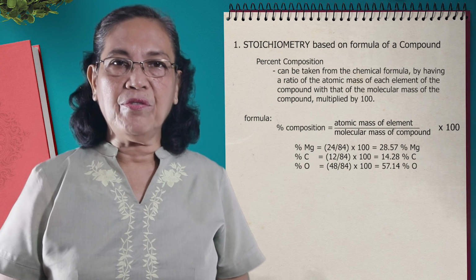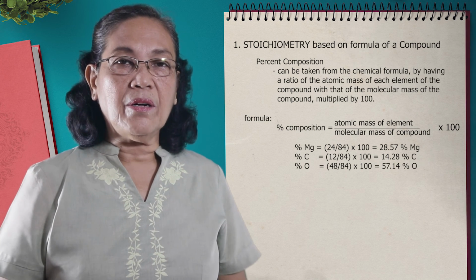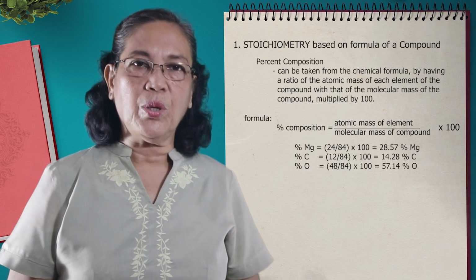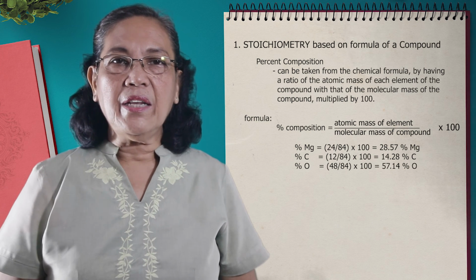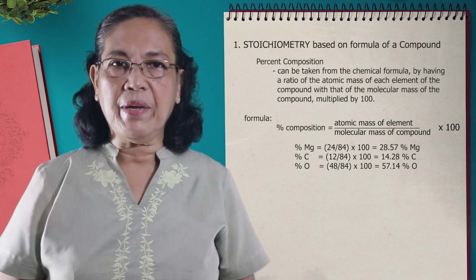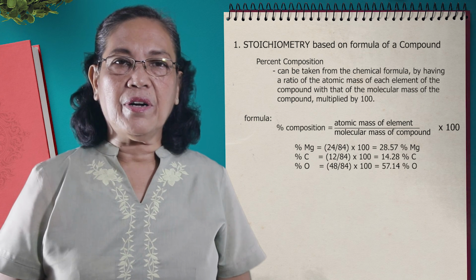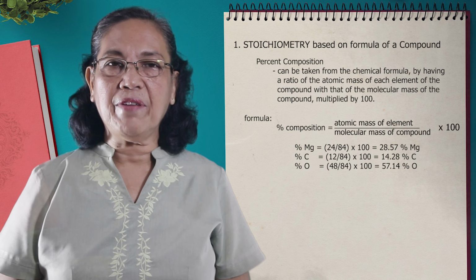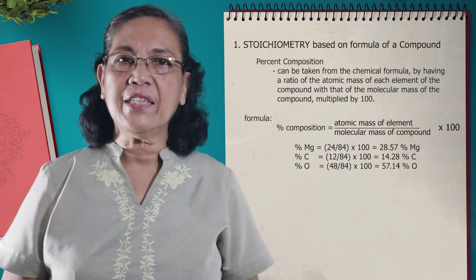Getting the molecular mass of magnesium carbonate, we have to add all these atomic masses. So we have 24 plus 12 plus 3 times 16. So the sum is 84. That means the molecular mass of the compound magnesium carbonate is 84. Now, since you're already equipped with the data, we can now determine the percent composition of magnesium carbonate. For percent magnesium, we have 24 divided by 84 times 100. Then this will give us